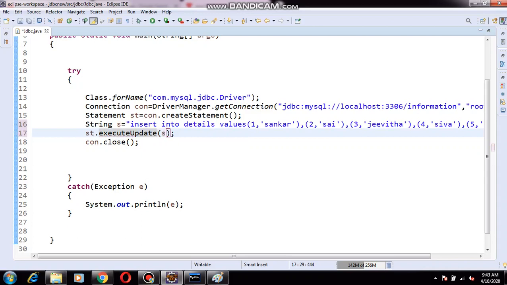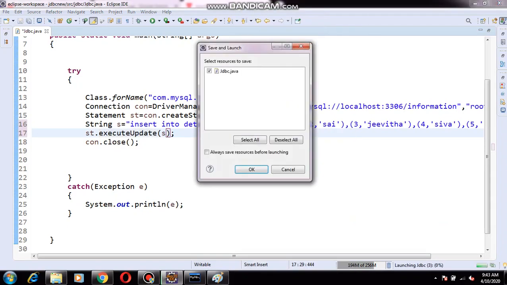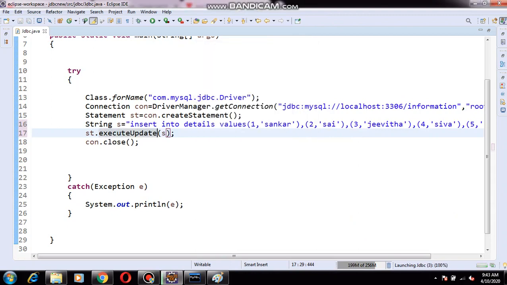Execute means it will just go and create the table. Execute update means it will update your details, whatever details we have given. Now again I am executing the program. If I run, see, it is not showing any errors.